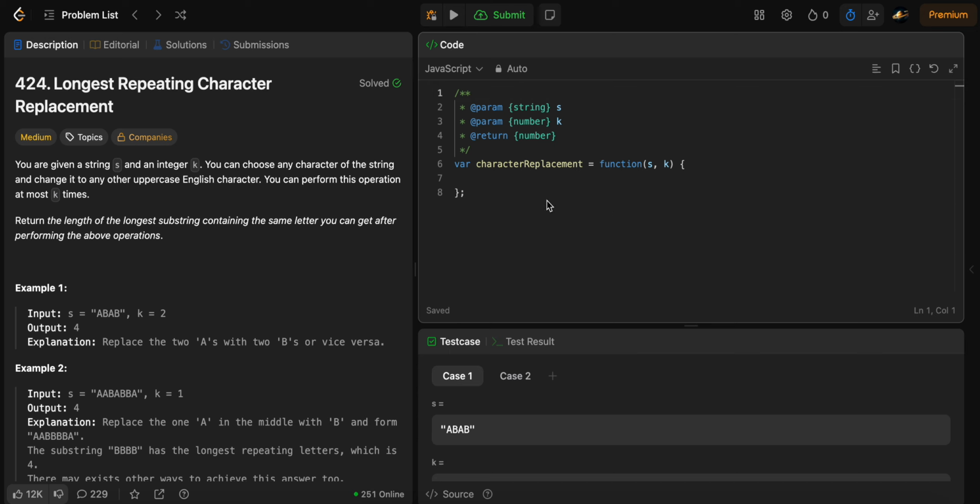Hi all, today we are going to solve LeetCode problem longest repeating character replacement. We are given string s and an integer k, and we can choose any character of the string and change it to any other uppercase English character. We can perform this operation at most k times. And as a return we will have length of the longest substring containing the same letter we can get after